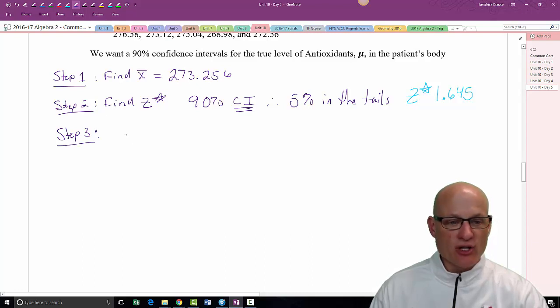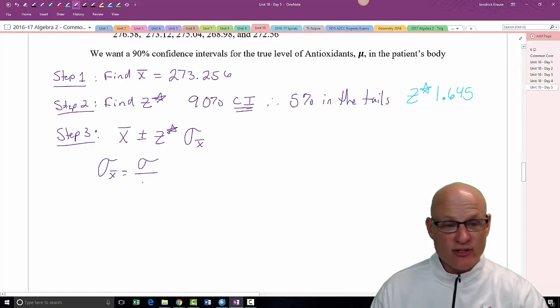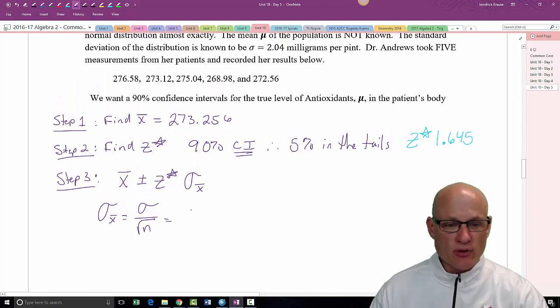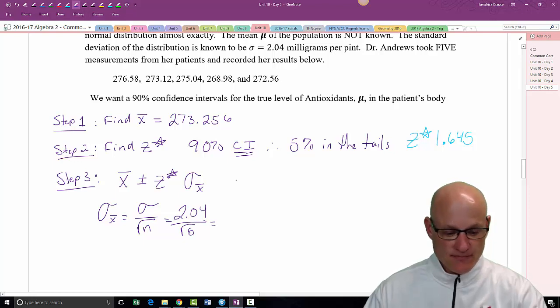So our interval is going to be X bar plus or minus Z star times the standard deviation. Really what we're going to multiply is the standard deviation of X bar. And remember, the standard deviation of X bar is equal to the population standard deviation divided by the square root of n. Or in other words, what did they say the standard deviation was here? 2.04 divided by the square root of 5, which is